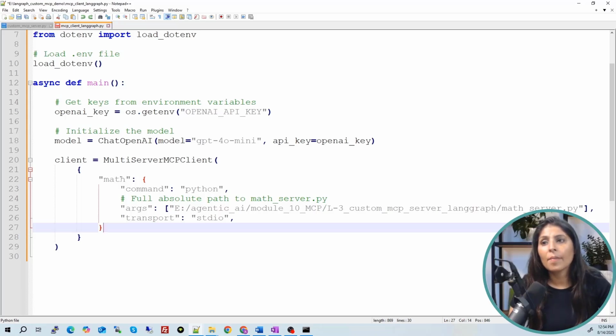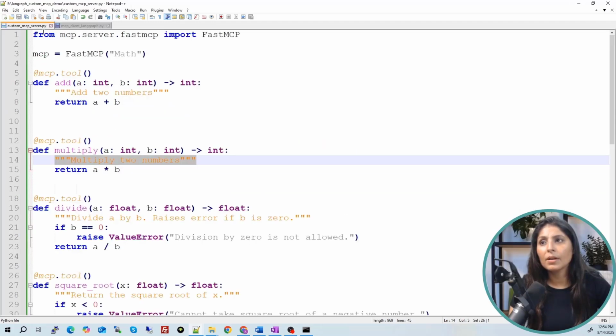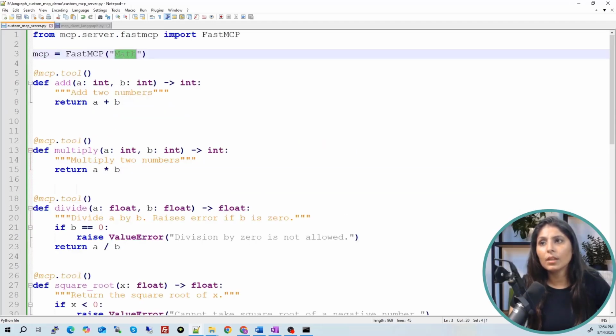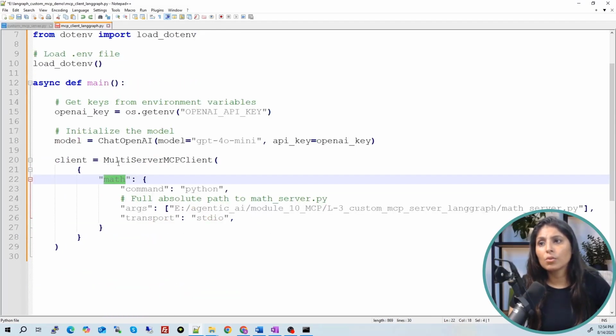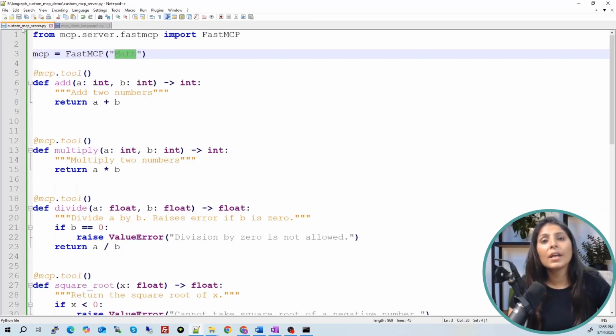And then here, our custom MCP server name is math. Remember, here the name is math. So we are writing that command Python. Okay, guys, before understanding this, let's run our custom MCP server. We created this custom MCP server. How to run it?